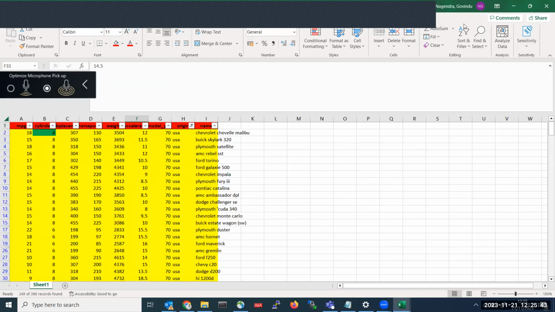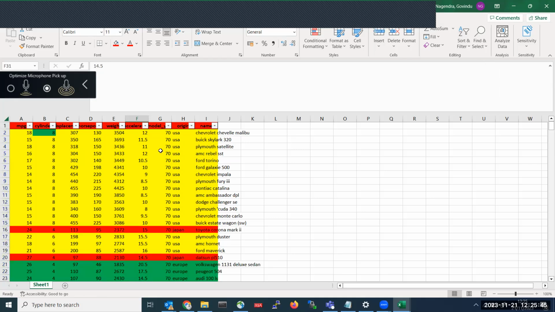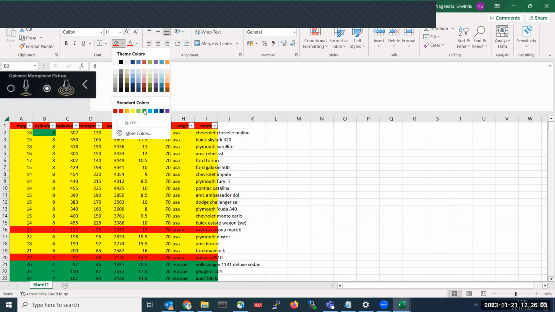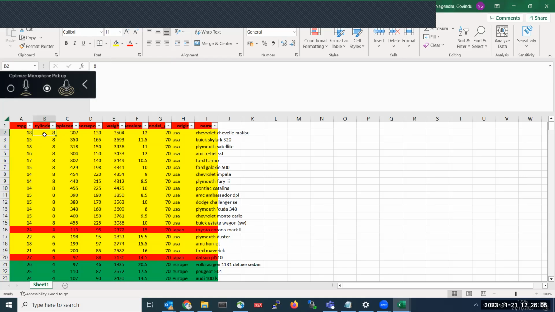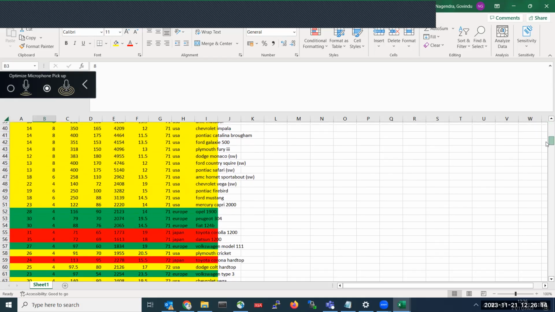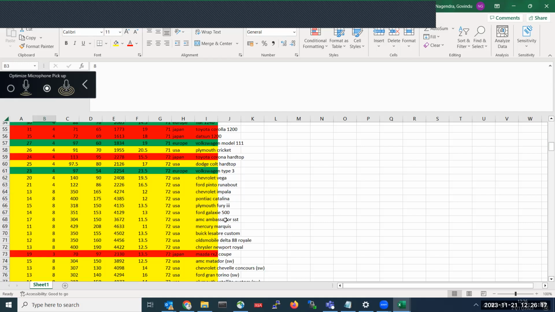Now, if you see the data, I was able to cluster my data into multiple groups. Some rows of data I was able to divide into yellow color, some into green color, and some into red color. Here you are able to divide it simply by using Excel filtering methods. But whatever manual work I did, I need to do it by using machine learning algorithms. That is where this concept of unsupervised learning came into the picture.